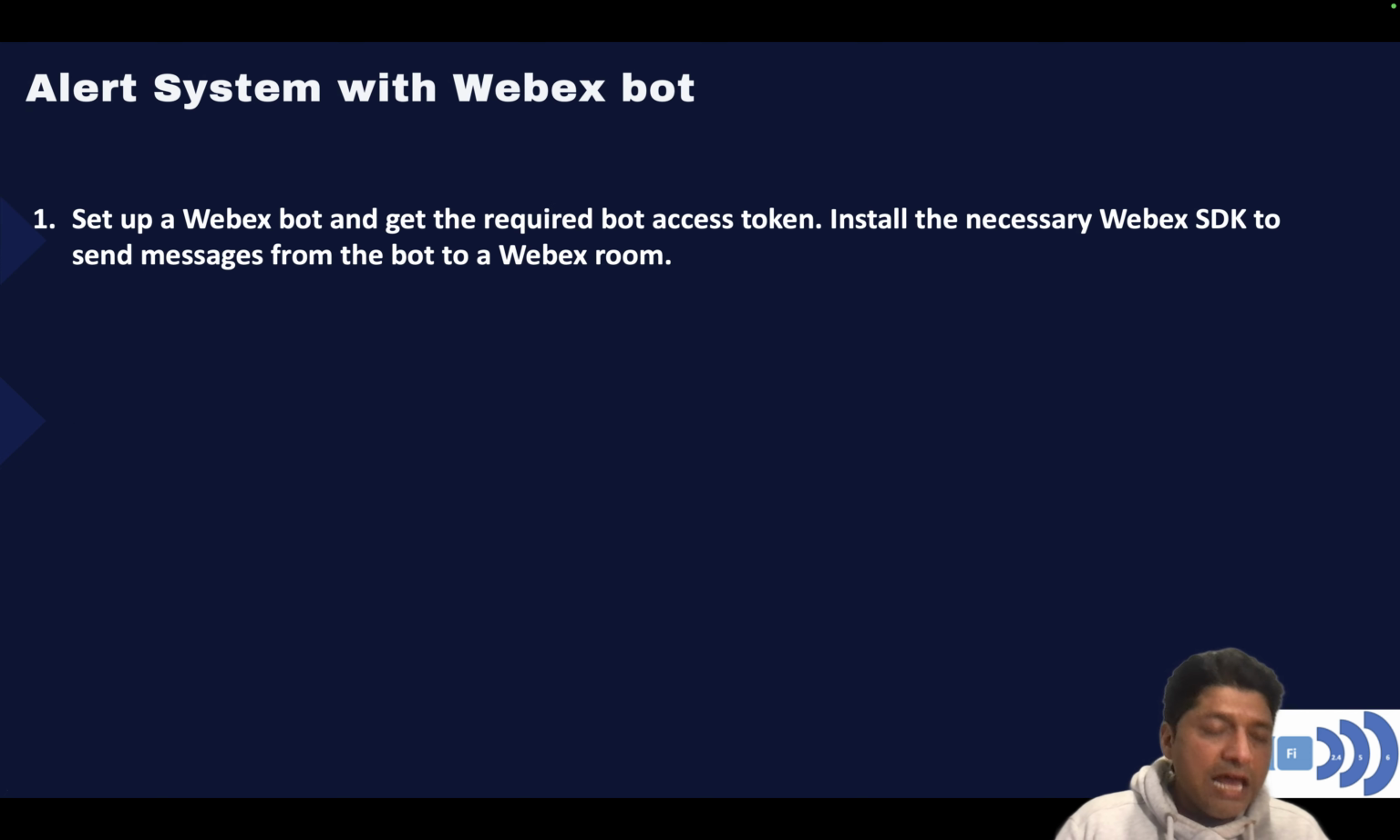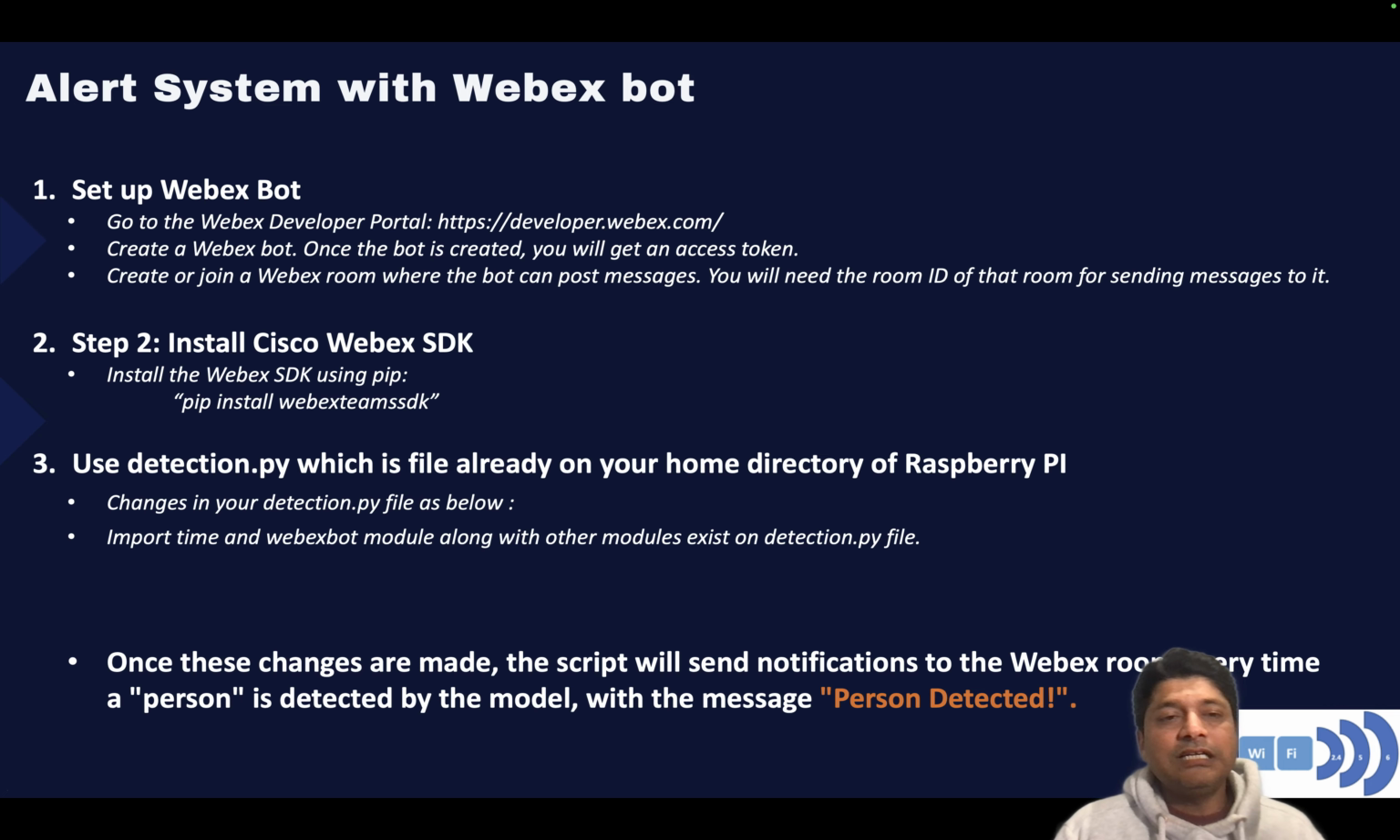All right. And then last thing, once everything is working as expected, we will set up the Webex bot and get the required bot access token, and then we'll install the Webex SDK, and then we'll send the message once the person is detected. These are the steps for setting up the Webex bot, then installing the Webex SDK, and then I'll modify a script which will send the notification to the Webex workspace, as I said, if the model detects a person, and that notification will include a message called person detected. All right. So let's go and start our